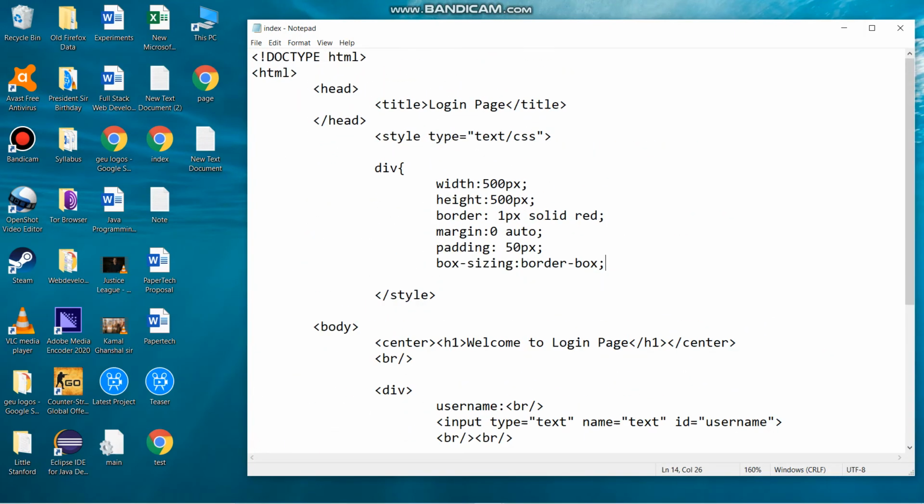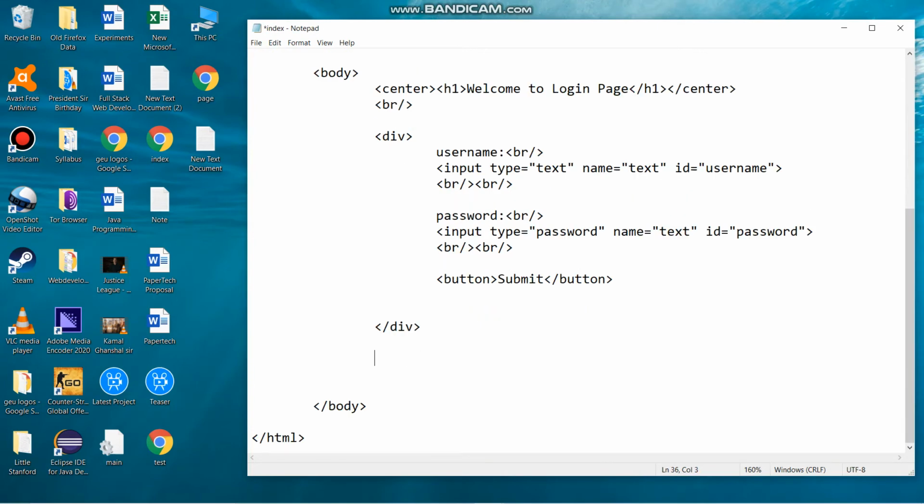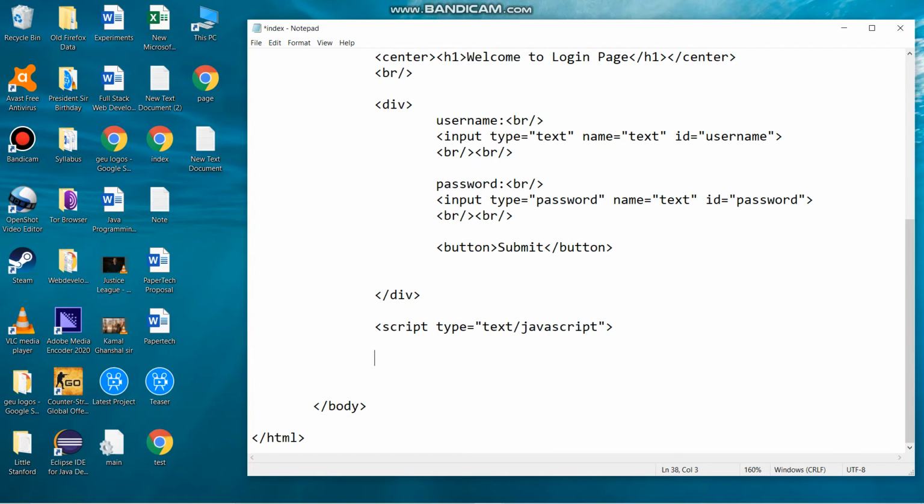Now we have to start the JavaScript, the main part of this whole lecture. So for starting the JavaScript, we are going to write a script tag with the type equals to text slash JavaScript, the inverted commas closed. Within this we are going to create a function that says function login, and then curly braces. Within that we are going to use the var keyword, uname equals to document dot getElementById,